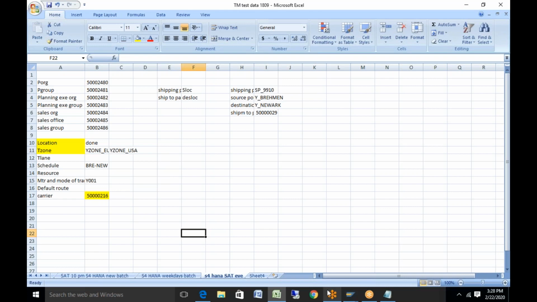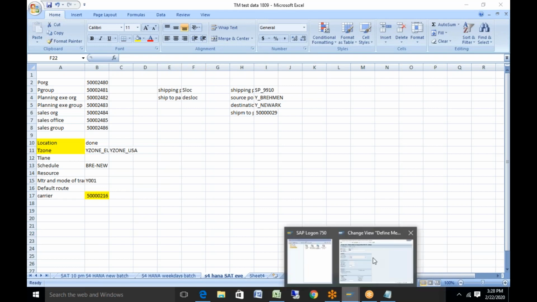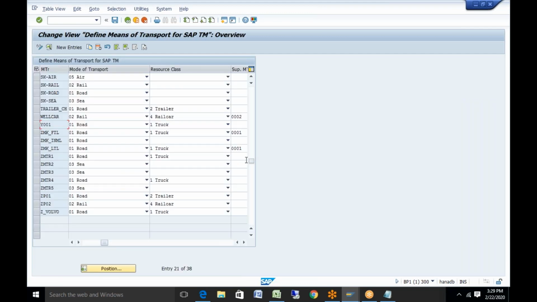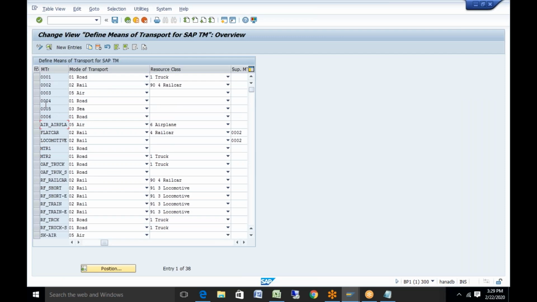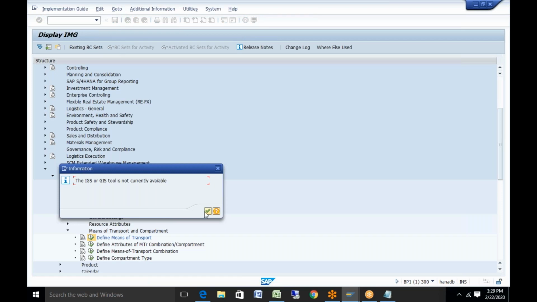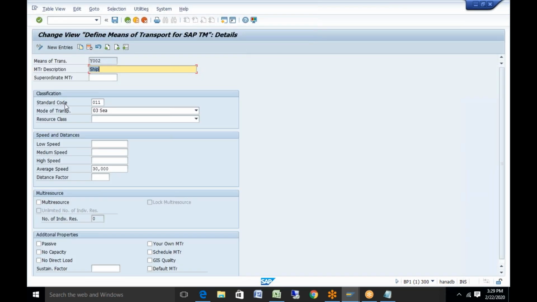And then for C, we'll create another. If you see, the code is different. For truck it was 31 and for C it is 11.